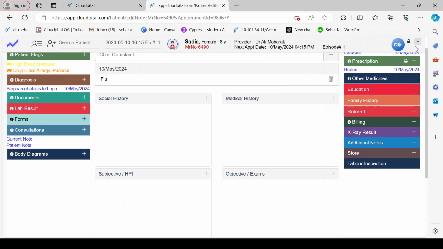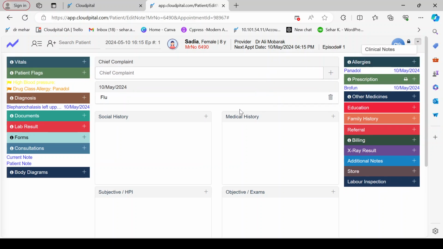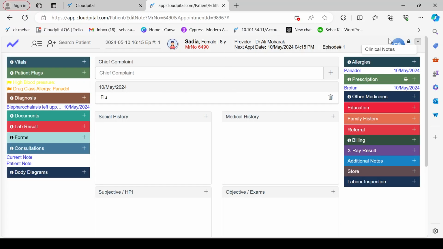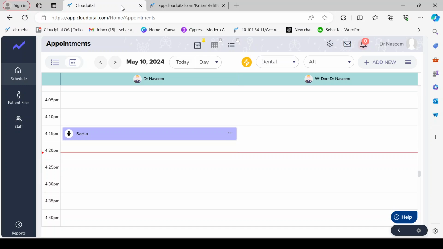And we also have a logs screen. After completing the patient adding sections, the doctor can also log their profile from the logs option. Currently, I am going to the doctor screen, so this is the complete overview of the doctor screen. I am going to the dental screen, so that's why the dental features are showing. If I go to the dermatologist doctor screen, then all the dermatology specialty features will be showing on the main screen as well. So this data will be reflected according to their specialty.